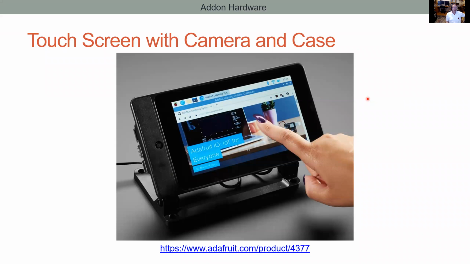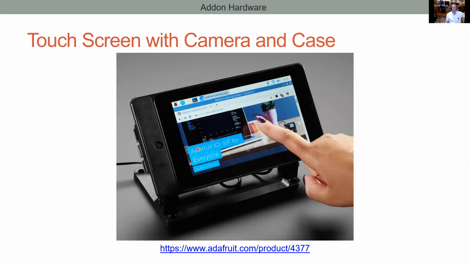One team took this camera and turned it into, I'll call it, a facial recognition system that would recognize a person and then tweet that they saw that person. So you can easily do some facial recognition to figure out who's out there and take action on that. So it's a really nice